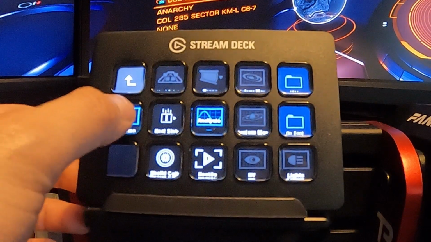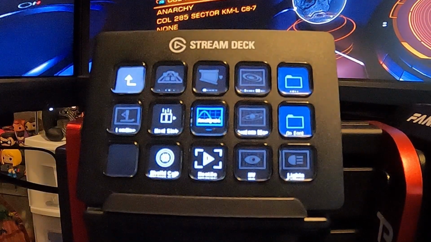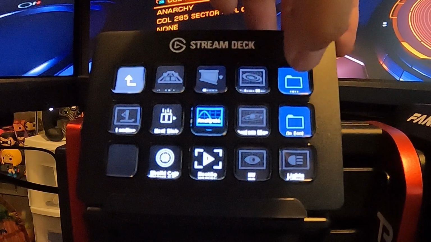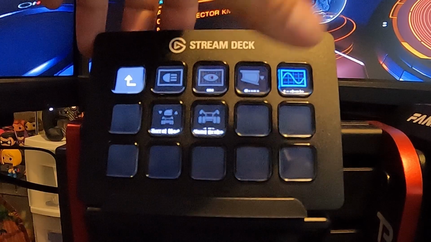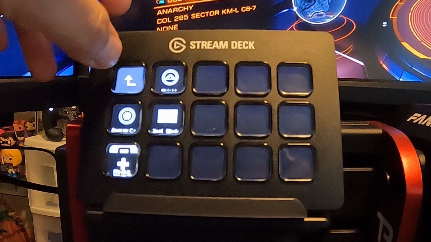Same thing. The ones that don't toggle are my heat sink and shield cells and the hostile button. I keep those. You can have static buttons for that. And of course now I have them. I have a folder for SRVs. So when I'm in my SRV, I use this folder, and when I'm on foot, I use this for on